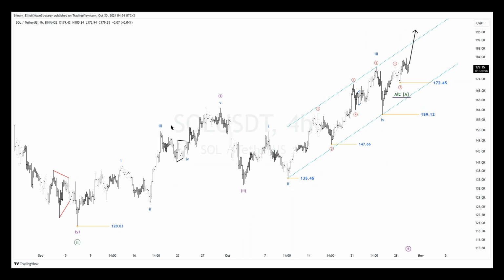120.03, and then we saw 5 waves to the upside. As you can see, it's clearly wave 1 right there, and then wave 2, and then 3 with a triangle, wave 4, and then 1, 2, and then 3, 4, 5. There's clearly no overlap between wave 4 there, as well as